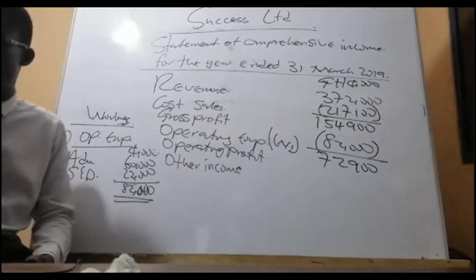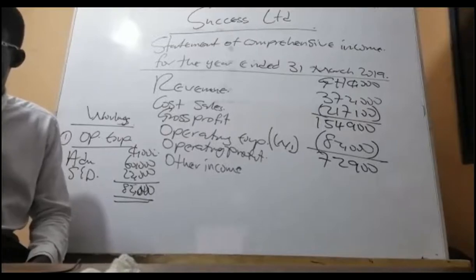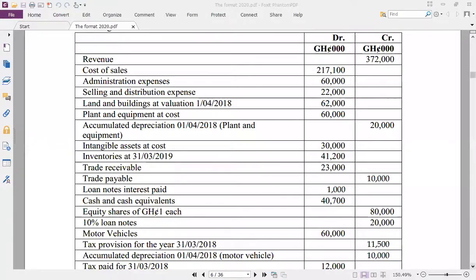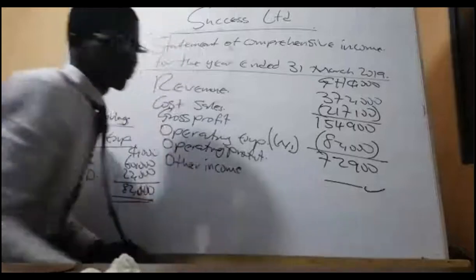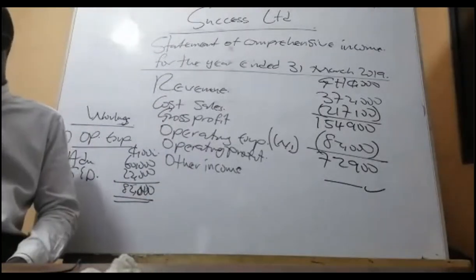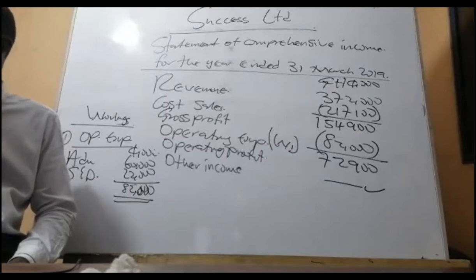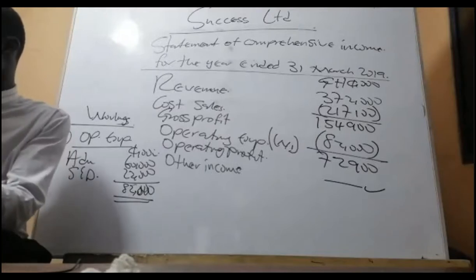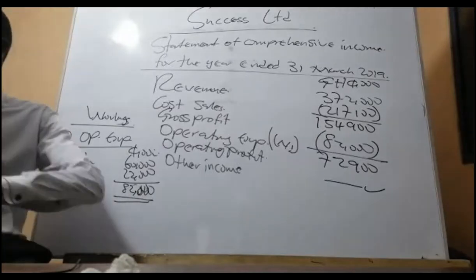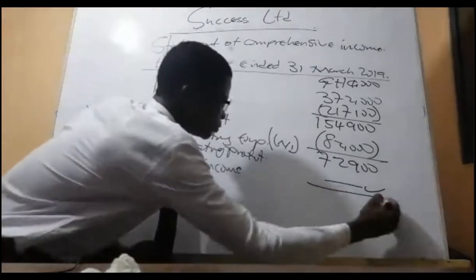Let's go and scan the trial balance. If you have other income there. There is no other income, right? But we should note that in questions two and three, there are other income. Good. There is no other income. But when we're scanning through, we didn't mention other income. So there's no other income. But here in exams, please, if they do it like this, they give you a tick. Why? Because that's someone's intellectual property. The format is someone's. They pay someone, it's someone's property, they bought it. So it must be standard everywhere.